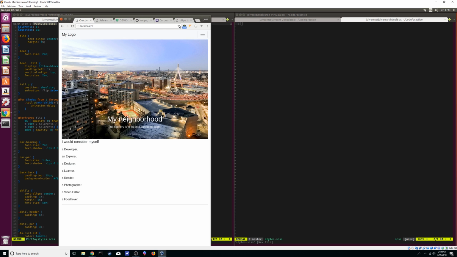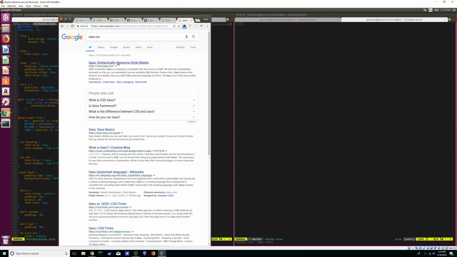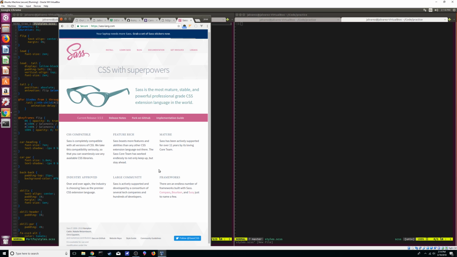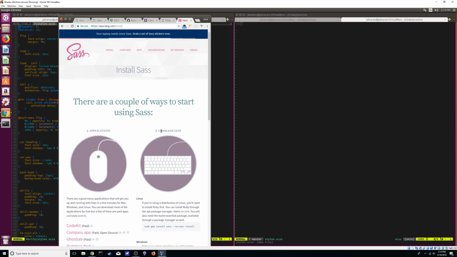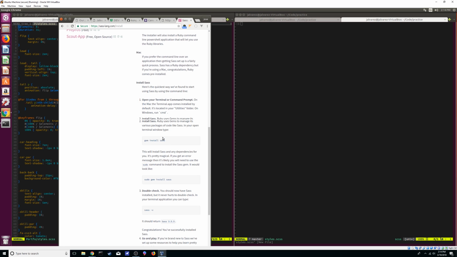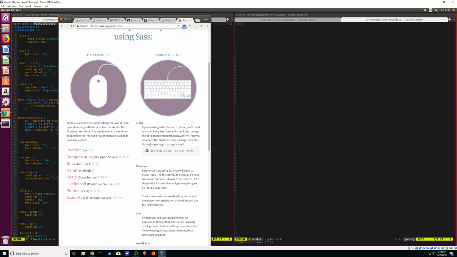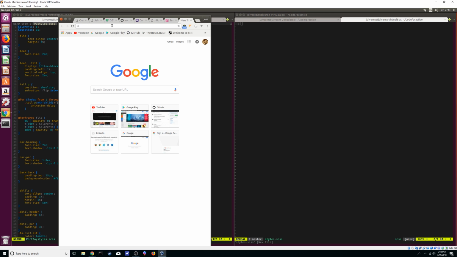So let's go to the SASS website. Awesome. So here it's gonna tell you how to install it, how to do everything. For example, we're on Linux, and it tells you, let me just see what else is down here. Okay, it tells you can use gems to install it. So you're gonna need Ruby, which I'm assuming you guys don't have, but if you go to Ruby,